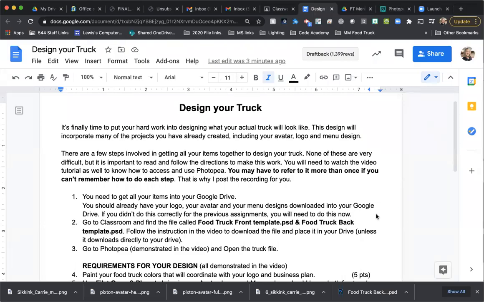All right, so we're moving right along with your food truck projects, and your next project is going to be to design what your food truck looks like. There's a few different documents you're going to work with here, so this is why I'm recording this tutorial and putting it online, because you may want to refer back to it when you get to actually working